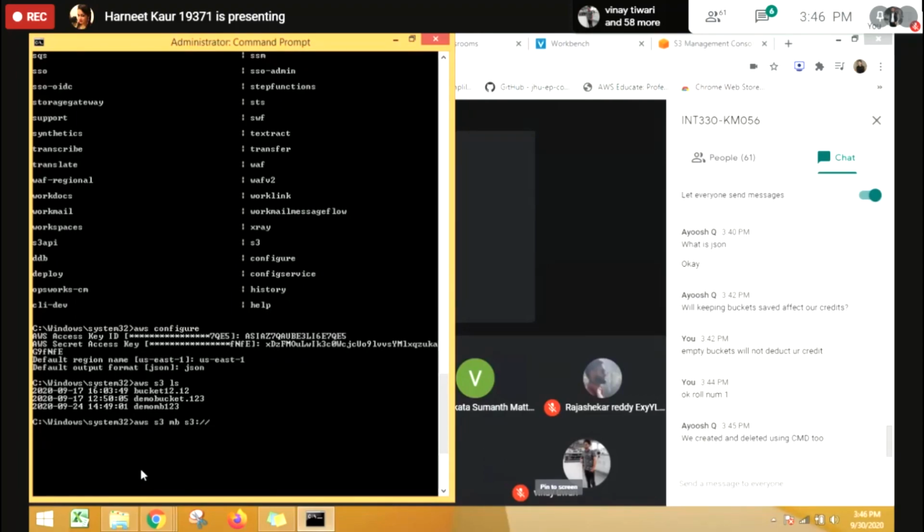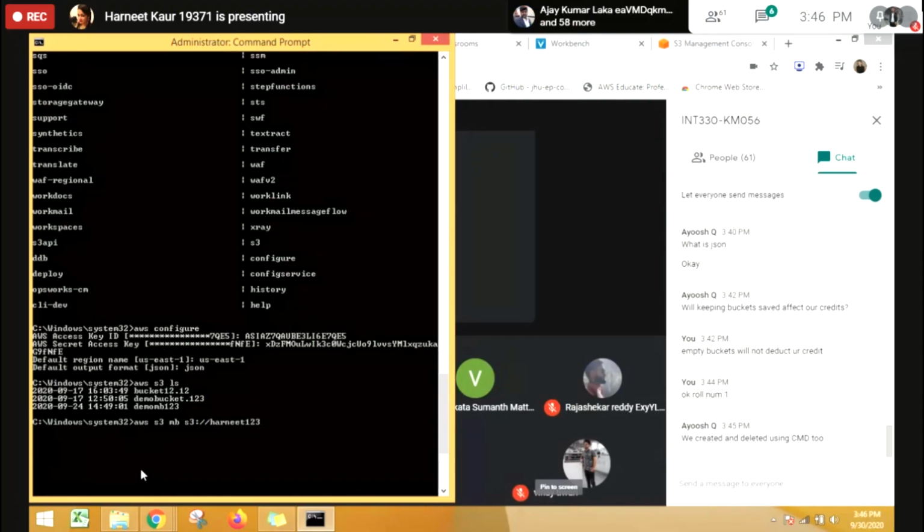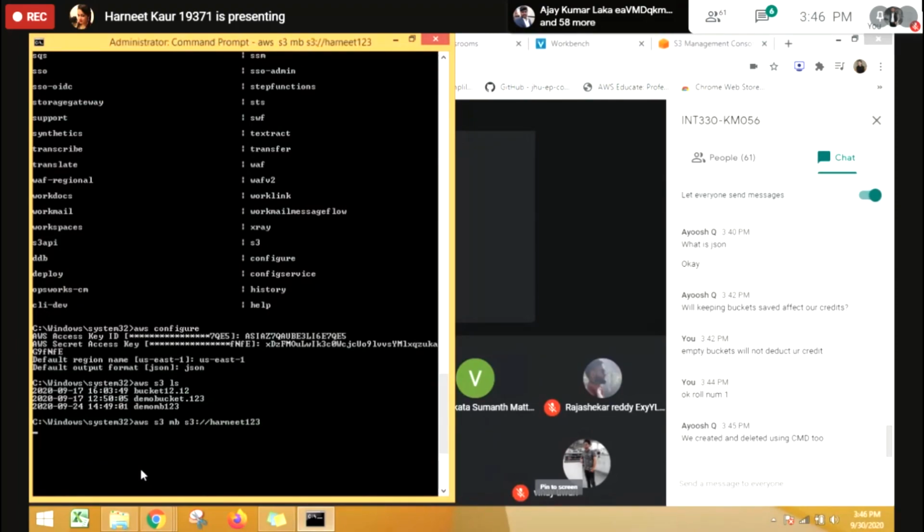So I'm going to go for a particular name. Let's see if this bucket name is available. Yeah, the make bucket command is working successfully for me. The command is aws s3 mb s3 colon slash slash the name of the bucket.